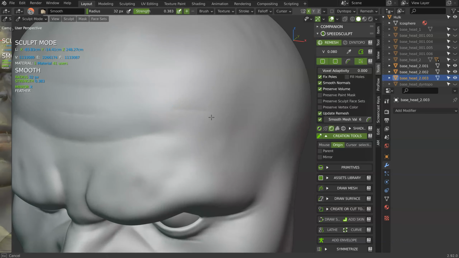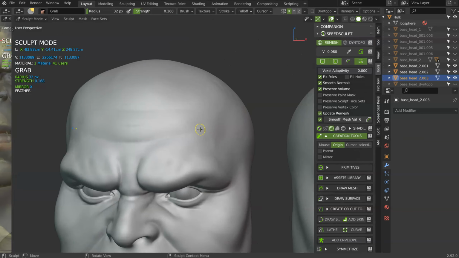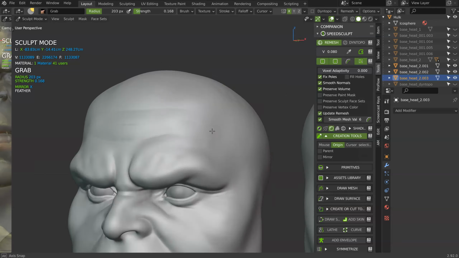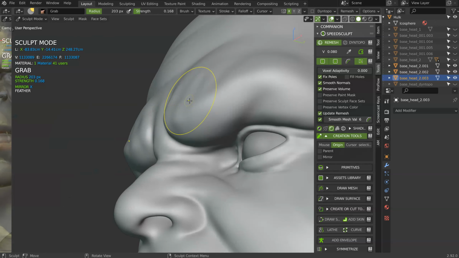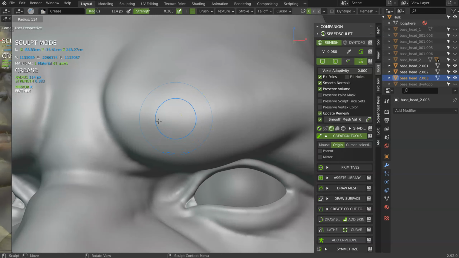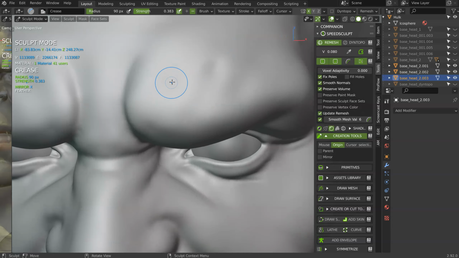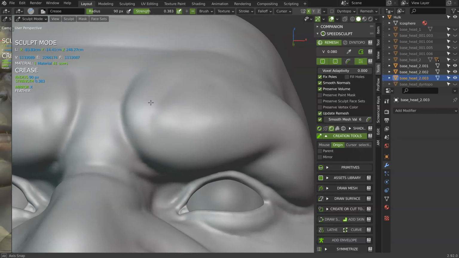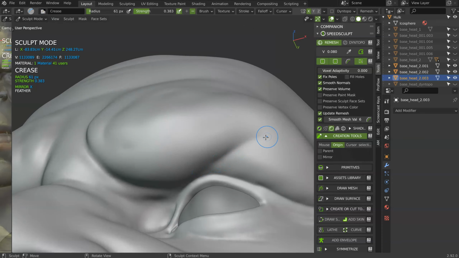Well, obviously, for this kind of details, it's better to have it on the final sculpt, not on this test. But it can be interesting to see what you have. To make some tests, it's fun. Play with your model. And obviously smooth after that.